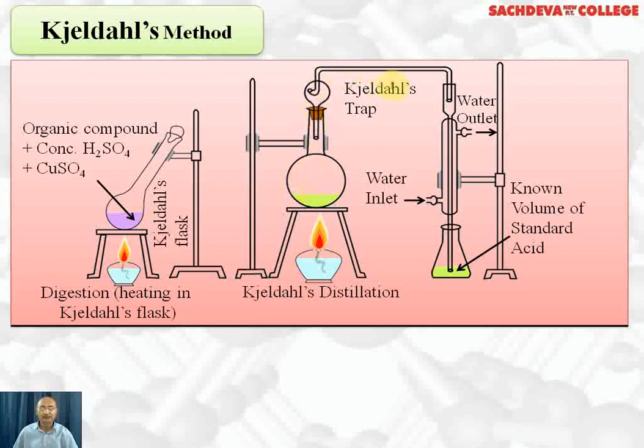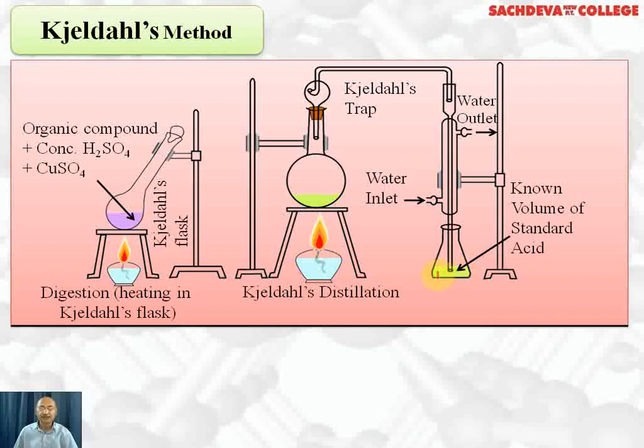Ammonia will pass through this Kjeldahl trap, and on condensation, here we have taken a known volume of standard acid, that is 1 molar sulfuric acid or 1 molar HCl, and ammonia will be absorbed in this sulfuric acid. After the whole ammonia which is evolved is absorbed by sulfuric acid,